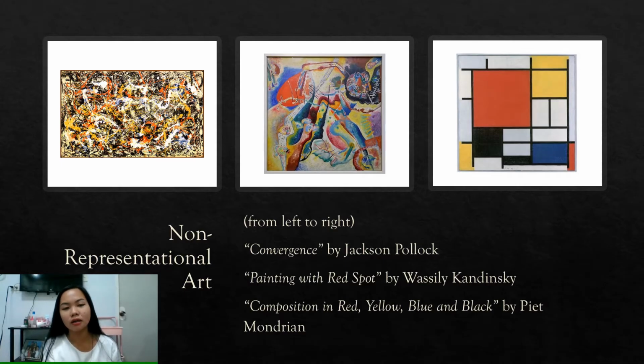So, the similarity of all of these artworks is that they don't have any recognizable subject at all. Like, you can't see any person there, right? Or you can't see any animal or anything. Fruits, trees, none. It does not represent an event or nature. So, it cannot be understood. So, it became non-representational art because the subject is not recognizable. Okay?